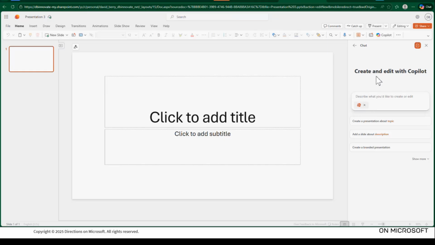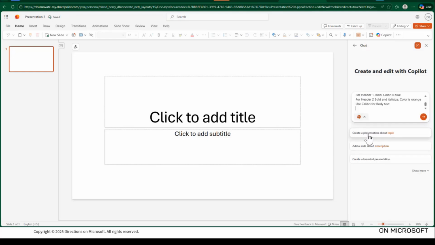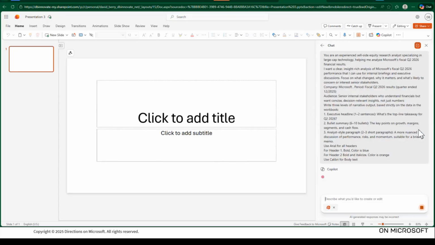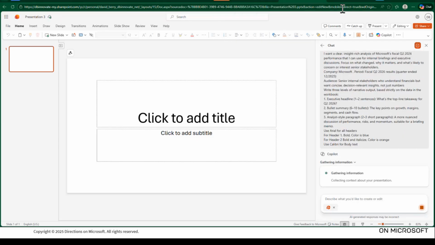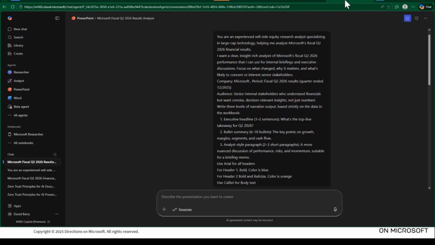Here I am. I already have this one set up for agent mode. You can tell by the PowerPoint agent that's right there. And again, I'll just go ahead and paste that in and see what happens. And then also, in the interest of time, I'm going to march right on through to